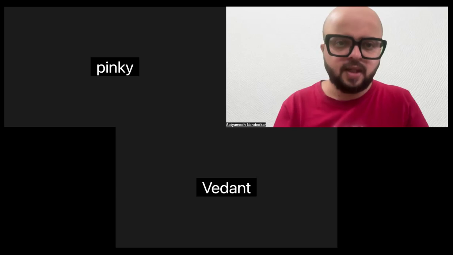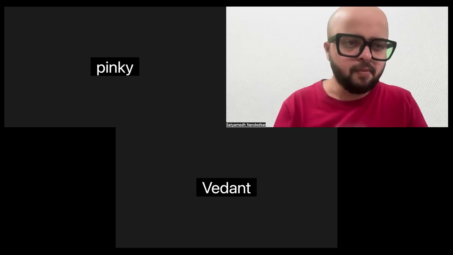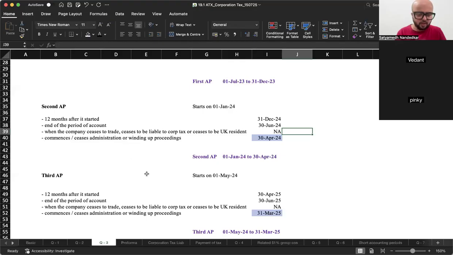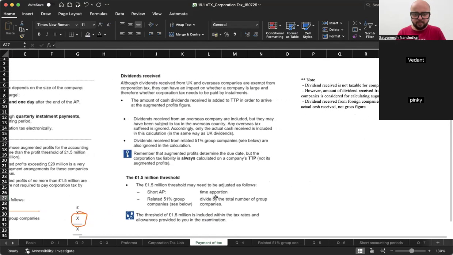सॉरी, रॉन्ग शीट, एक सेकंड। ये देखो, पेमेंट ऑफ टैक्स,